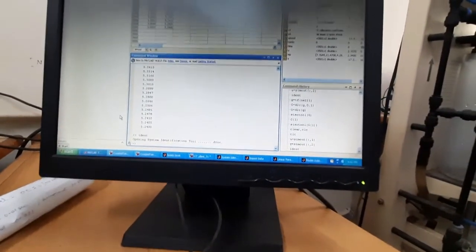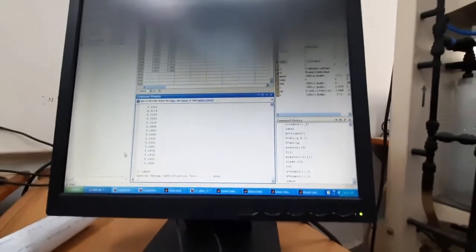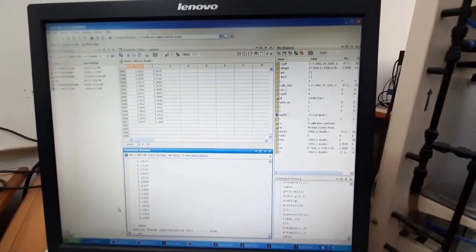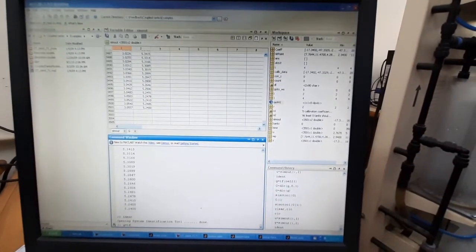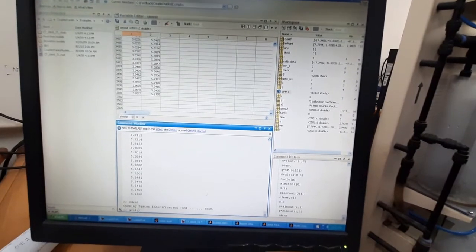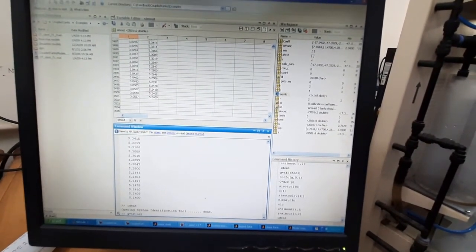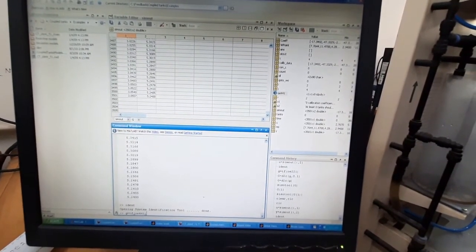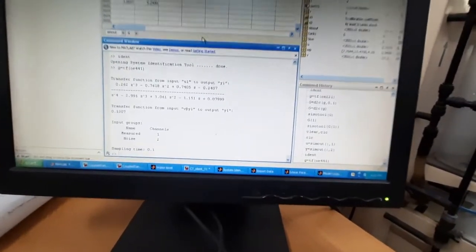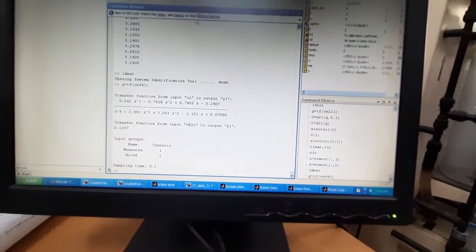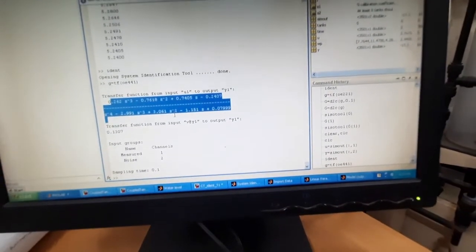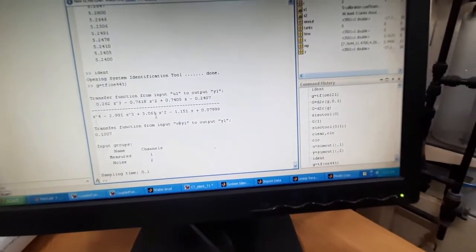For that, you have to create a variable. Suppose I create G, just write TF of OE441. If you type this, you can see a transfer function created here. So this is our transfer function. We will use this first one only.